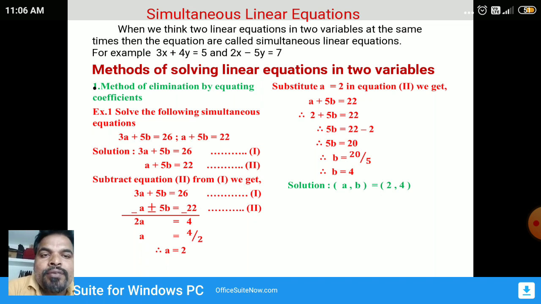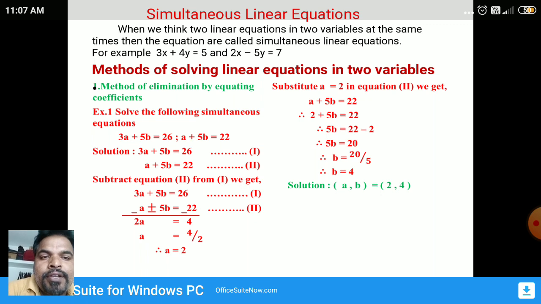In the two equations the coefficients of b are equal, so we eliminate this variable b by subtracting equation 2 from equation 1. Now we get 3a plus 5b is equal to 26 and the second equation a plus 5b